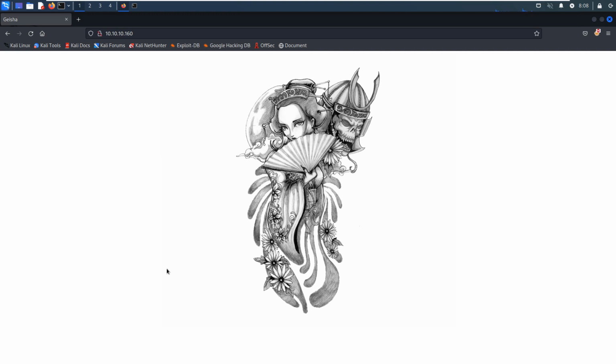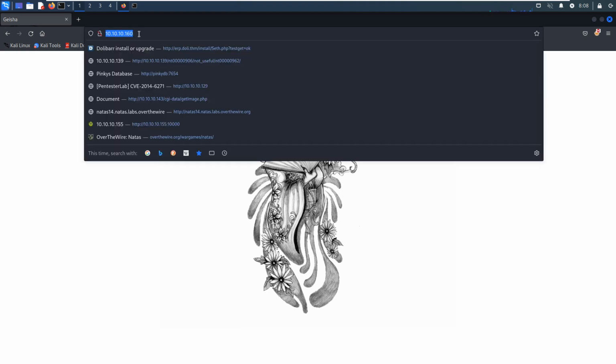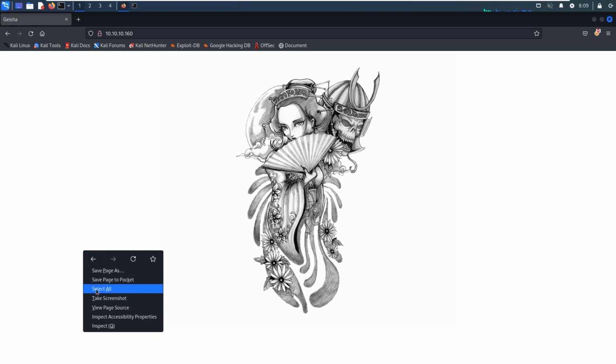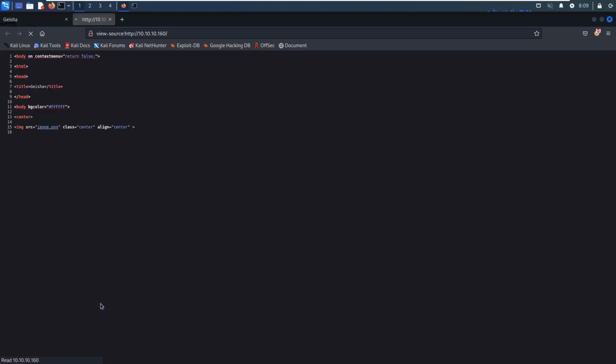All right, I'm back. As you can see over here, after I restarted the machine, I can access this web application running on port number 80. And here there is a picture, a bit weird picture. I do not like it, to be honest. We can check its source code, a very simple HTML code.